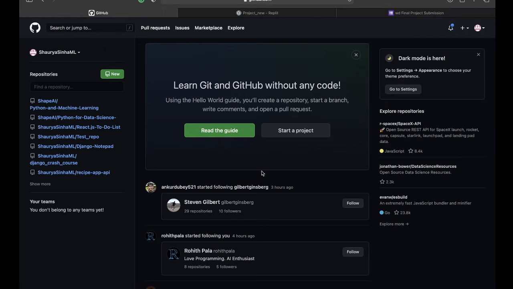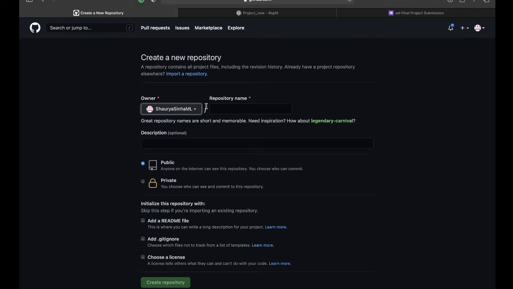Just create a GitHub profile by yourself. Then you want to create a new repository. You can click on this particular plus button to create a new repository. As you are able to see on the right hand side of the entire screen, there's a plus button, and I'm able to see the new repository. I can also click on this particular green button on the left hand side, and that will also create a new repository. I can name the repository anything, or else you can follow the brochure that has been given on the WhatsApp groups as well as the Telegram channel.